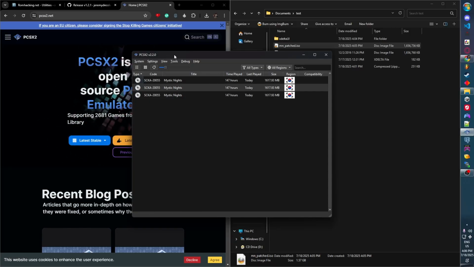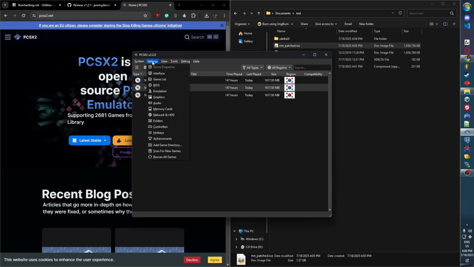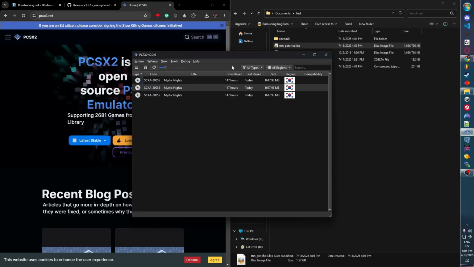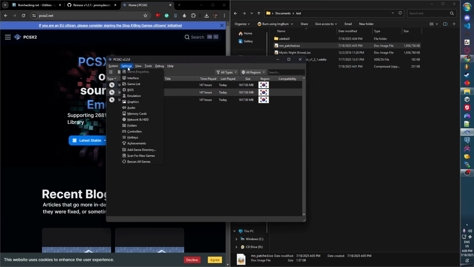A couple things you'll need to do if it's your first time setting up PCSX2. You need the PS2 BIOS files. They're not included with the emulator. They're not allowed to provide them to you for legal reasons. You can find them online as well, or get a copy from your PS2, which is a little bit more tricky. So once you have the BIOS files loaded in there,